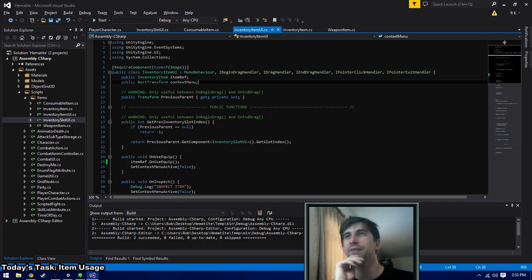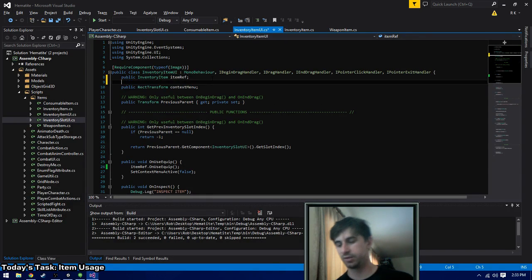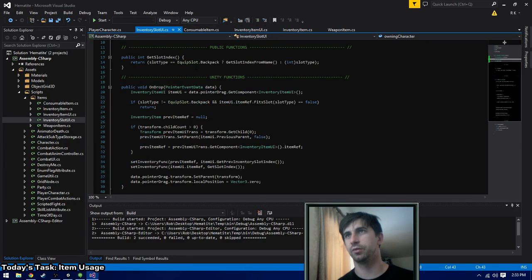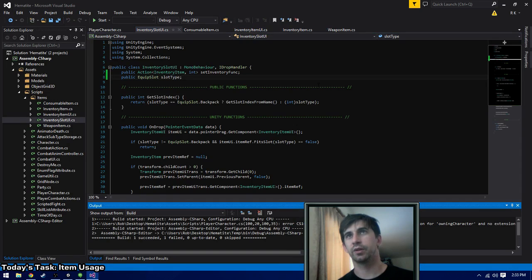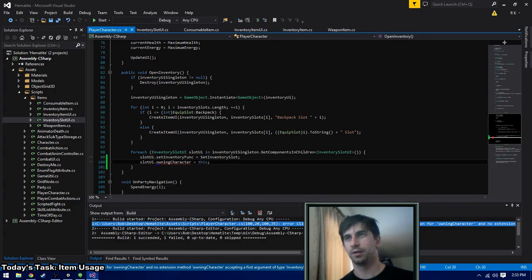Which is why I'm kind of thinking the item UI might be the place to do this, and not anywhere else. So let's try that. So we're going to remove this from here, and we're going to go through and remove that